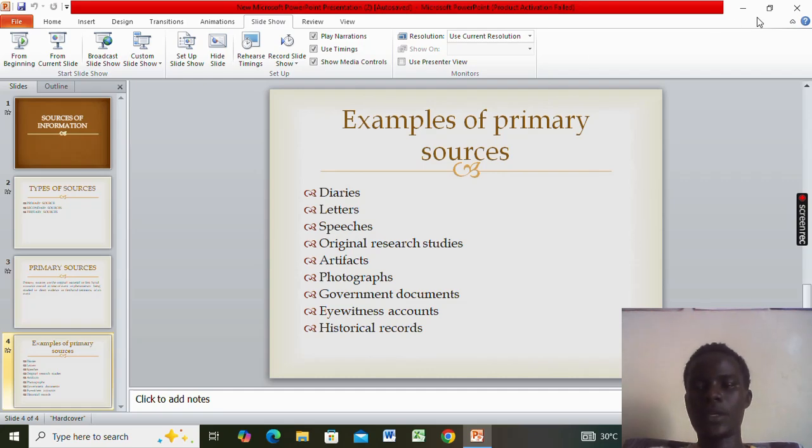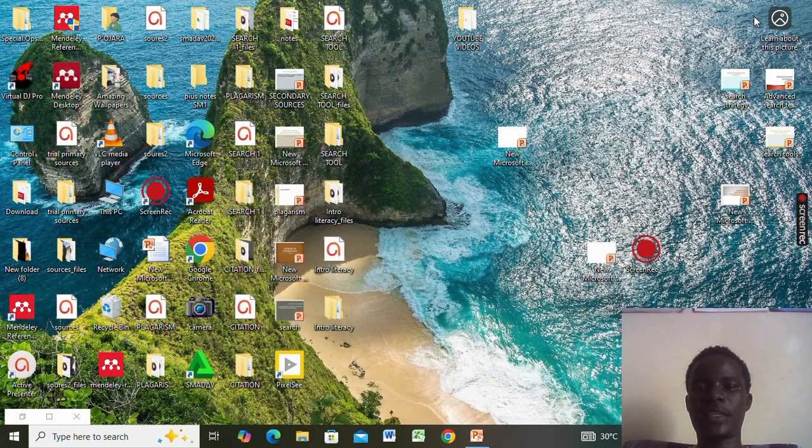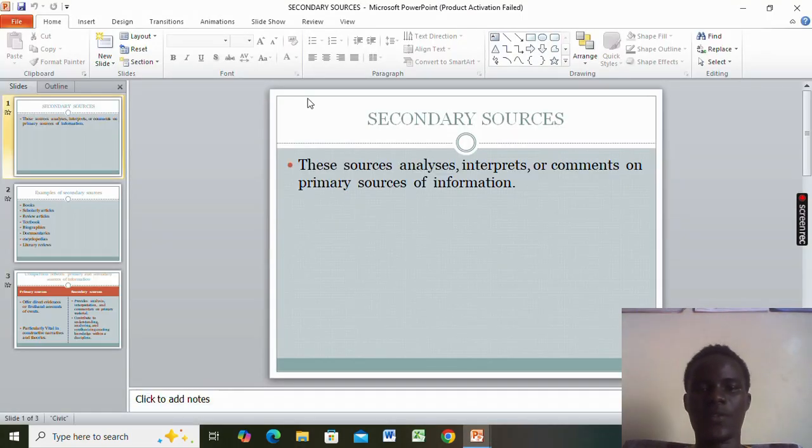Secondary is information we got from analyzing primary sources of information, interpreting, or commenting on them. After the primary information has happened and the eyewitness has stated what exactly happened, in the secondary source the information is refined.